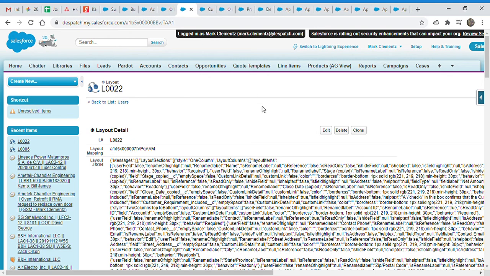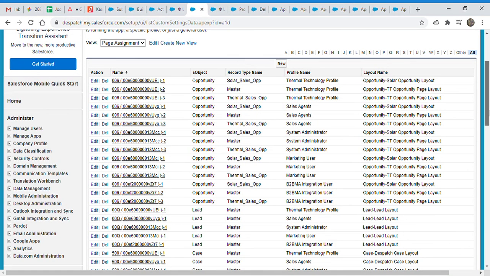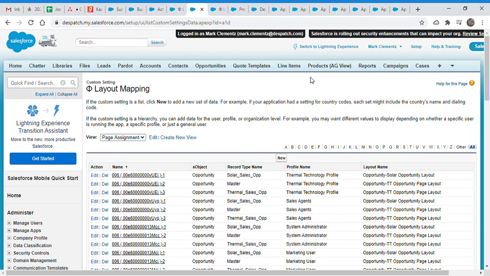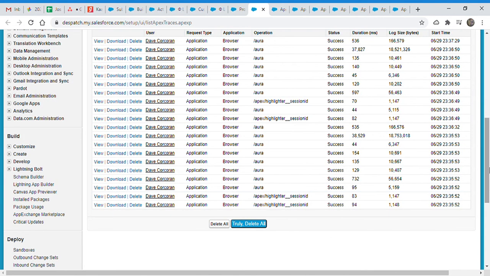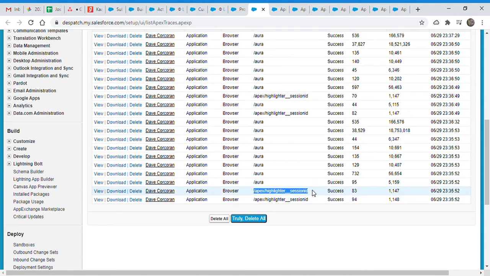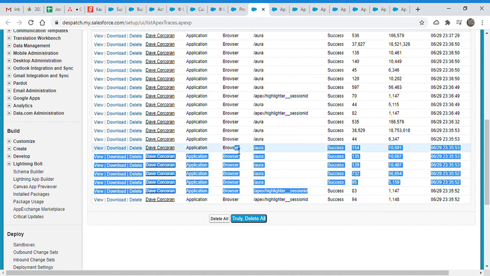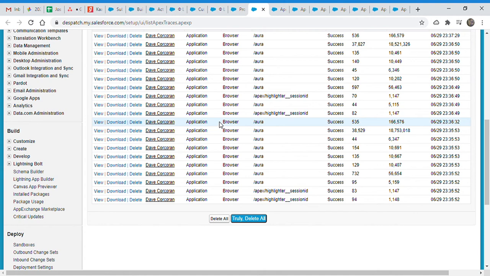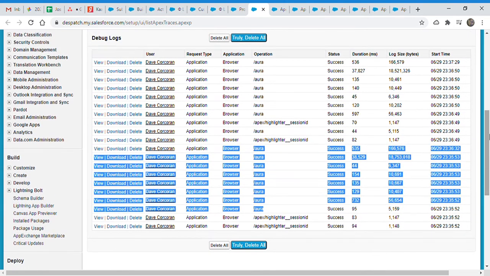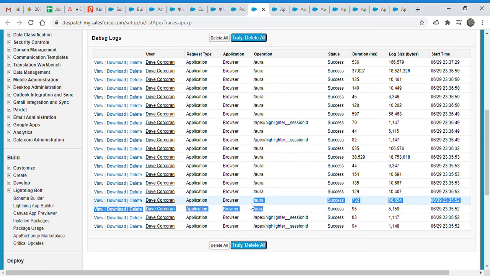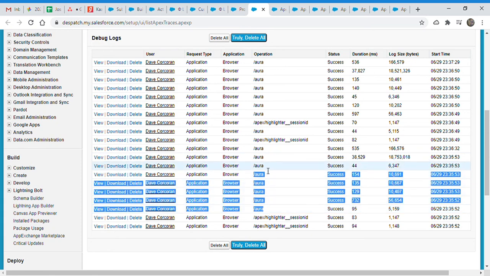Okay, so the third factor that comes to our mind is the number of actions that can make the component delay in loading. But that can happen for every user, not just the system administrator, and that's something strange. So I checked the debug log to see where it is happening. You see right here, from the session id page loaded, these five, six logs are for our component, and I checked these ones: first, second, third, fourth, fifth, six, seven, eight.